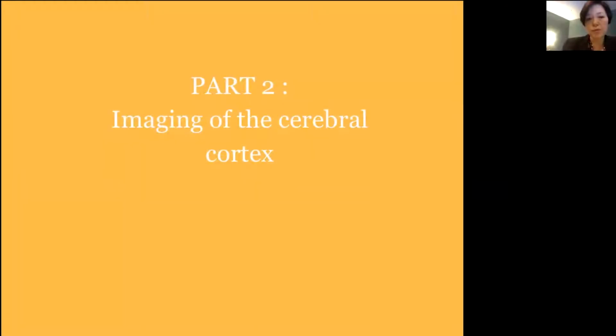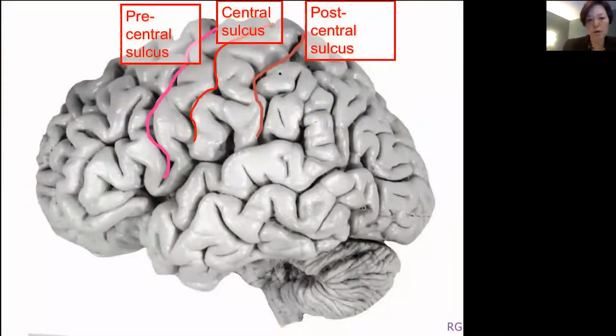So part 2 is looking at just the real imaging. So again, central sulcus, anterior to central sulcus, frontal lobe, and this is a precentral gyrus, primary motor cortex. Postcentral gyrus is a primary sensory cortex, right? And then anterior to this, forming a gyrus, there's another sulcus, which is a precentral sulcus, and posteriorly the postcentral